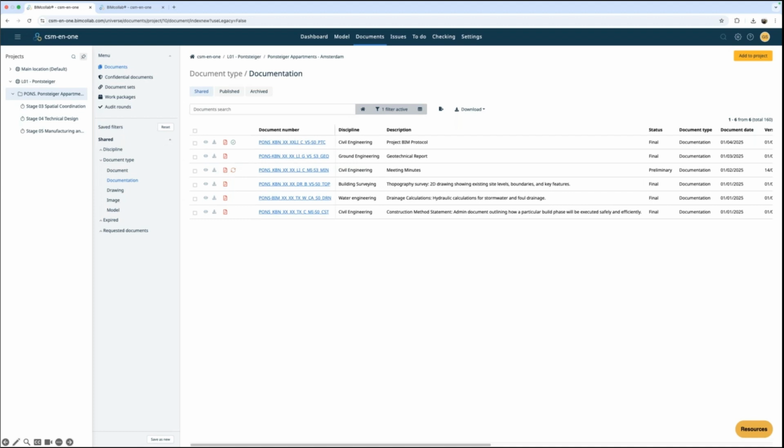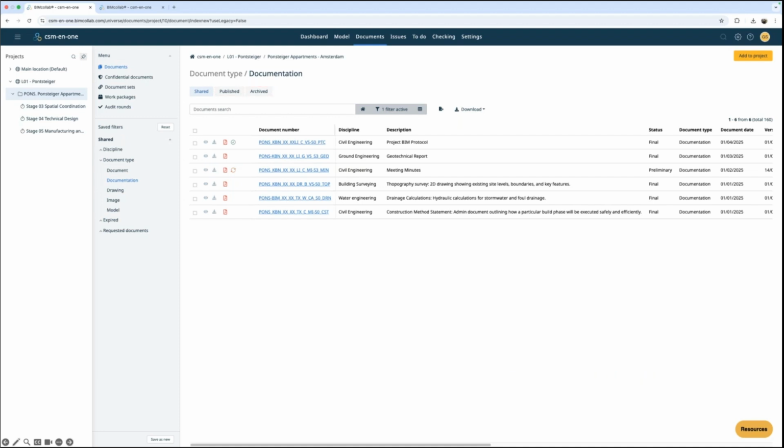The metadata approach by itself is already quite handy and can make your document management process easier and smarter, but there is one extra thing that I would like to show you. I have the new ISO 19650 compliant workflow in place. So now our documents have their state clearly accessible through the shared, published, and archived buttons, where I can clearly